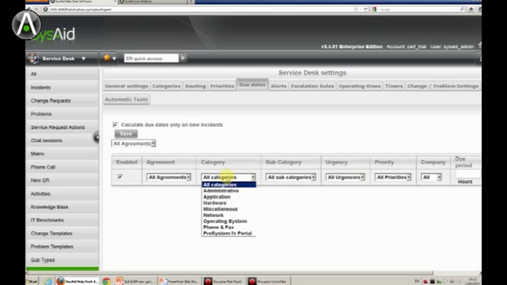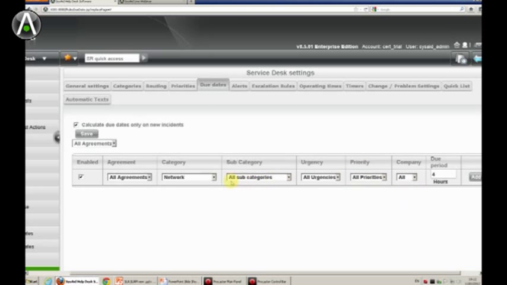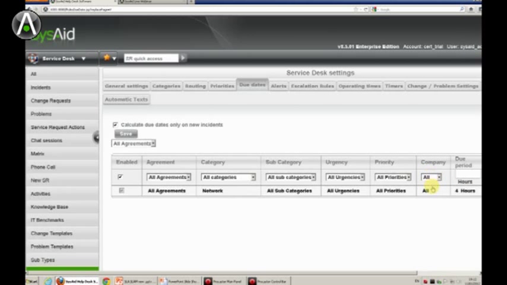For example, if you set network related issues to be solved within 4 hours, let's say. Okay, I did that just based on category. You could do that based on urgency, priority, even by company,